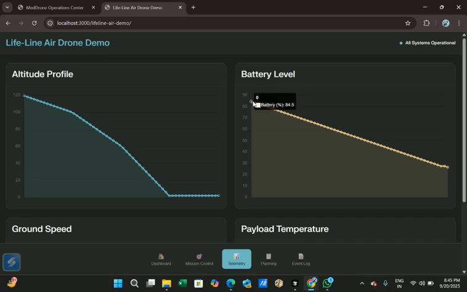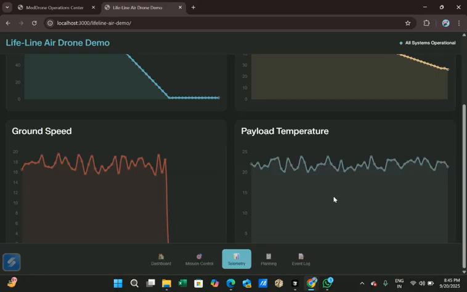First of all, it was 100%, then it came down. The payload temperature was increasing and decreasing. The ground speed, it was dodging the obstacles. It was going through ground level, so it maintained its speed for safety measures.